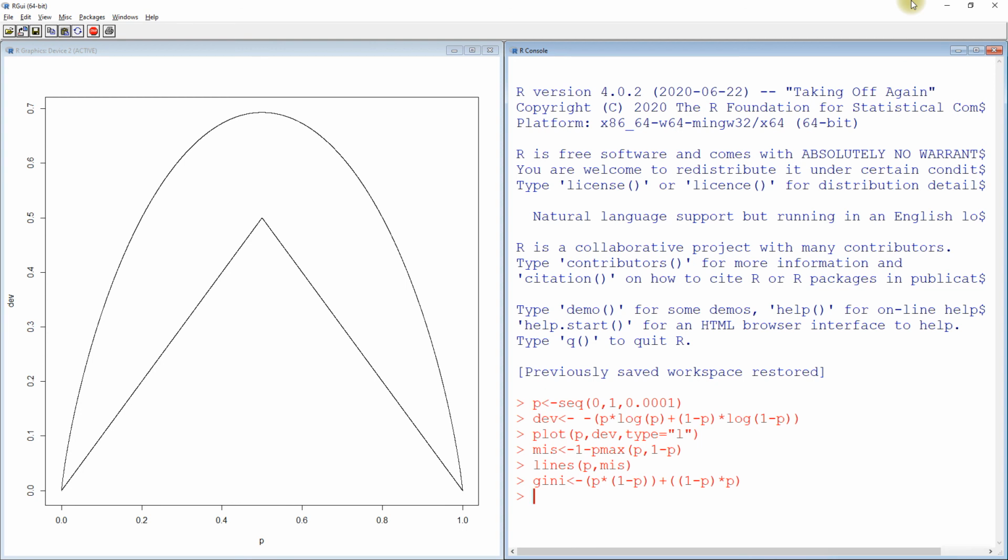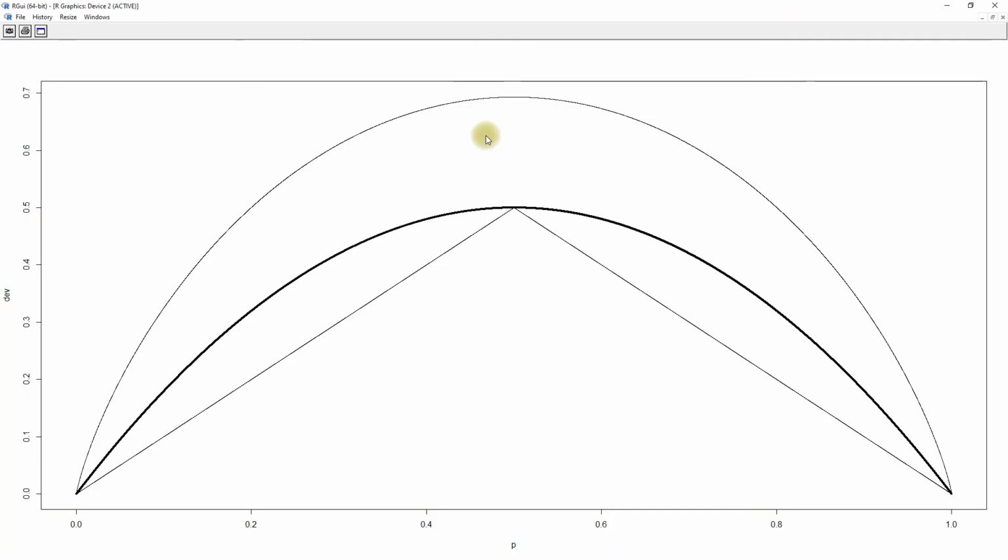And we are going to plot the lines for the Gini index on the same graph, P Gini. We are going to increase the line width a little bit bigger for us to see properly what's going on now, because we are going to be relatively close to the misclassification error rate. There we go. So this is the Gini index. All right, you've got the Gini index which you have here. The Gini index is computed as you see, and it goes close to the